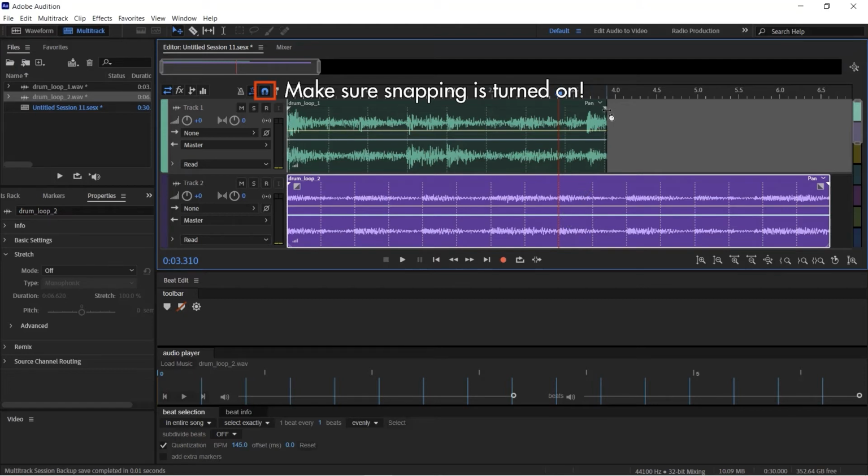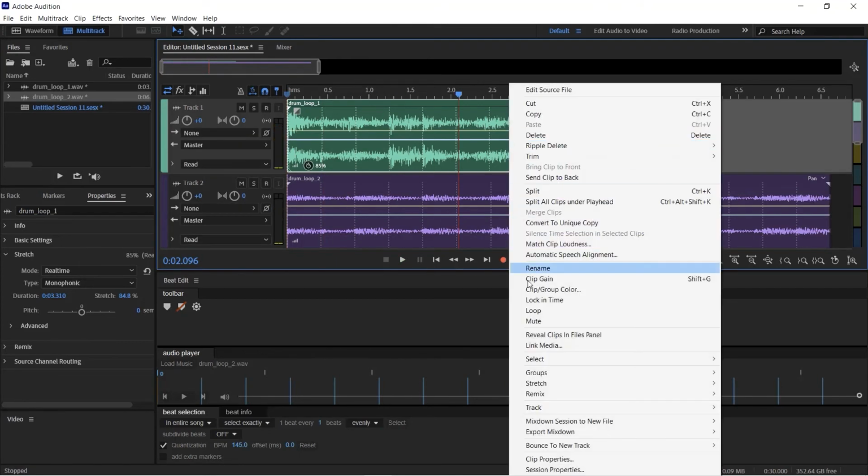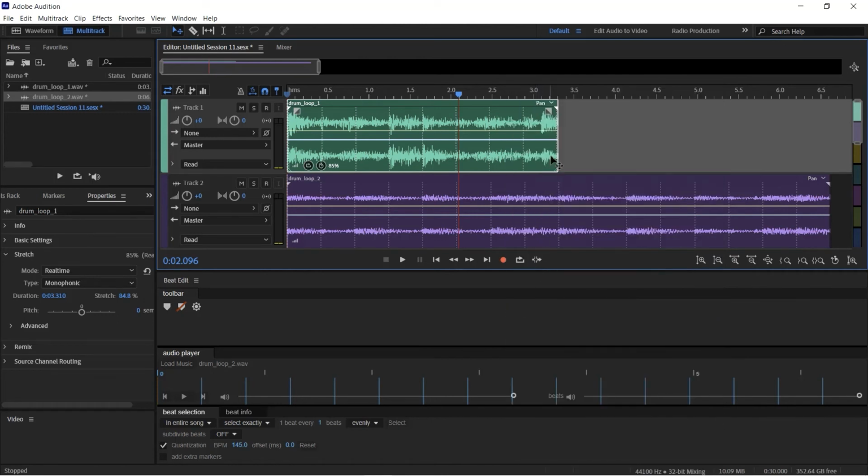Then we want to find this little triangle in the top right there. Just stretch it along and drop it into that marker, and you'll see, as easy as that, we've got matching beats. Now if you want something extra, you can right click and select loop, drag this